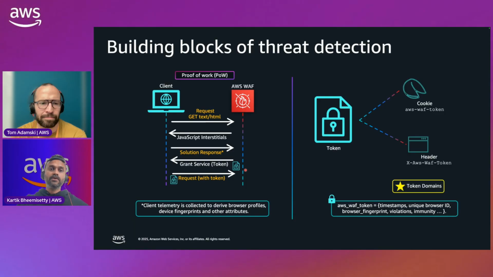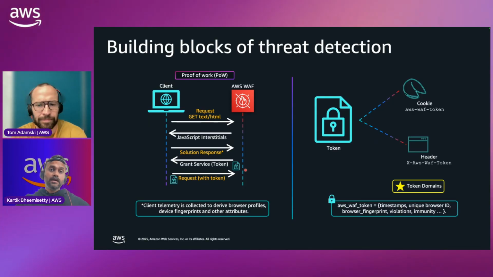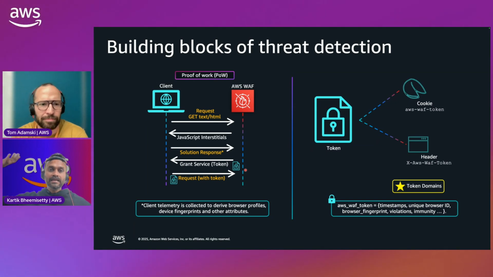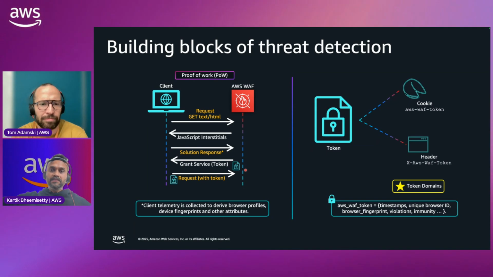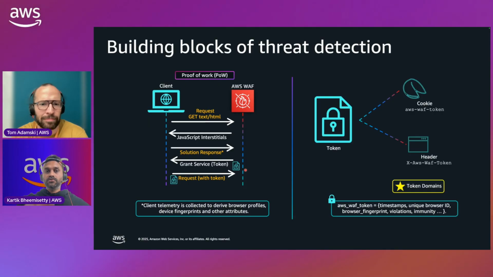By default, browsers cannot do cookie-based access across domains, right? So for anything cross-domain, the token is forwarded as a header. For example, you have a simple single page application where you load everything, and then any further clicks go to different APIs, different web pages or different domains. You still have to add a token. How does the browser do it? The token is sent using the x-aws-waf-token header.